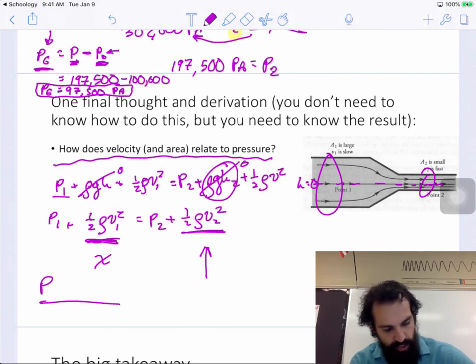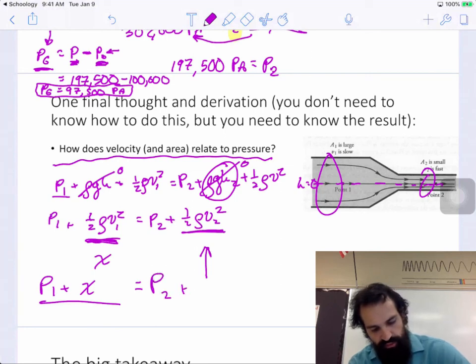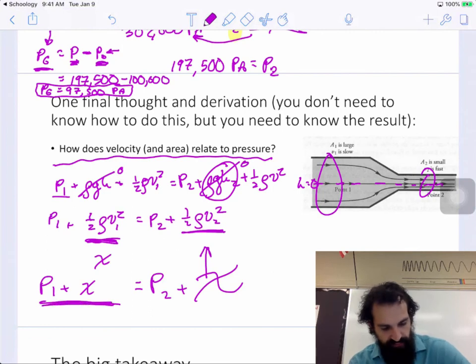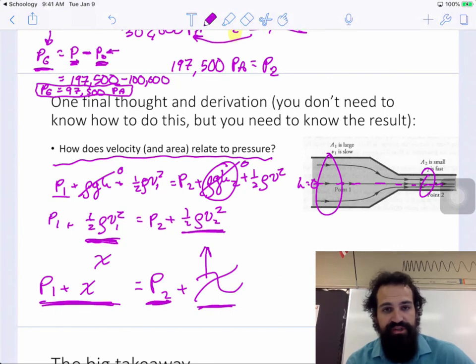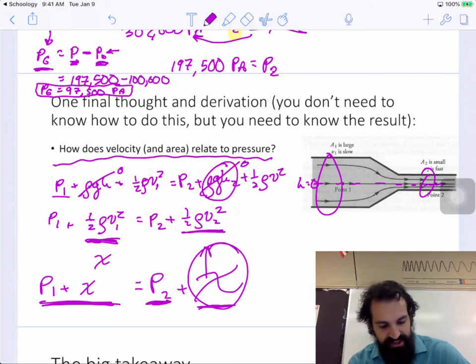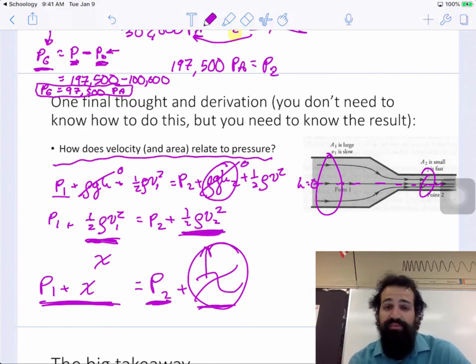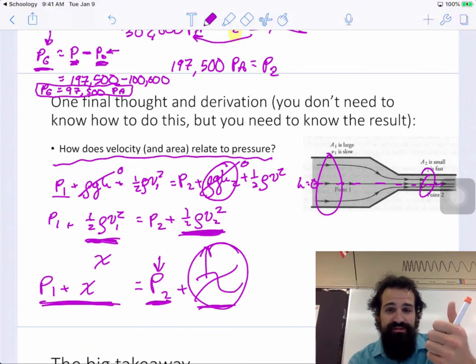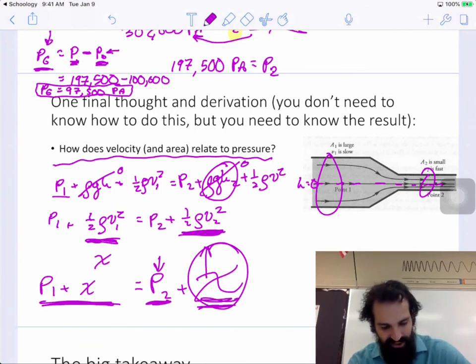And if pressure 1 plus x equals pressure 2 plus a bigger value, if this is bigger, then this is going to have to be smaller to compensate for it. So a bigger velocity, a bigger kinetic pressure, would mean a lower pressure on the fluid, a lower pressure in the pipe. So high velocity means low pressure,